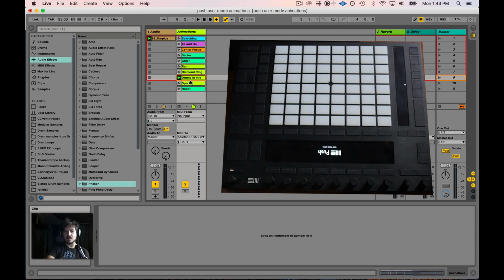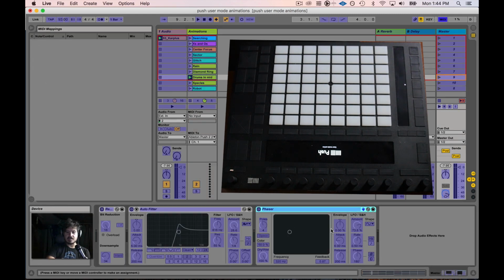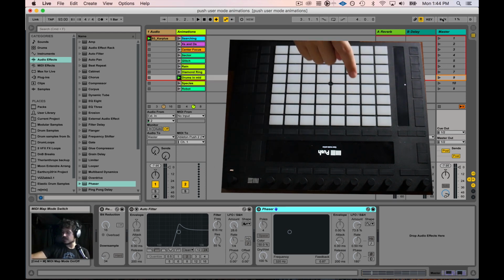So the way that you can do this, and what's cool about this is if you click on the MIDI mapper, I put some effects in the master bus just for ease of use, but I'm focusing on just these middle grid notes, okay? And so I can click on one and just map these 1, 2, and 3. And now you'll notice in user mode, when I hit these buttons, they turn red. And when they're red, that means that those effects are on. When they're off, obviously they're not making any color. So now when I launch my really awesome user mode animations,